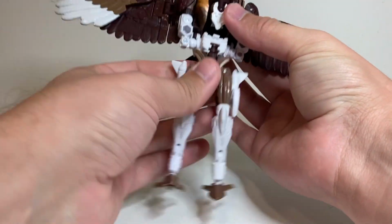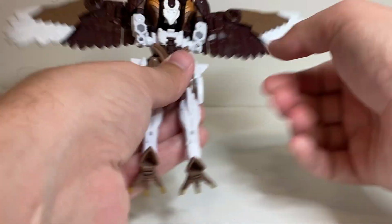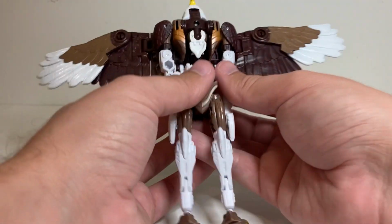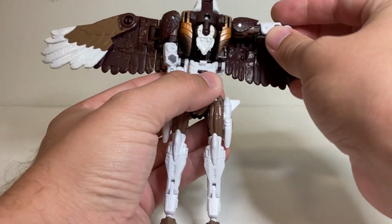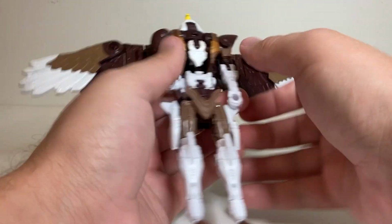Then you want to rotate the whole waist around, at which point you can peg this back in. It really just unpegs for clearance. You can leave it pegged in for both modes. The arms fold out to the side here. You straighten out the forearm, bring it down, and then bring the shoulder pad up,